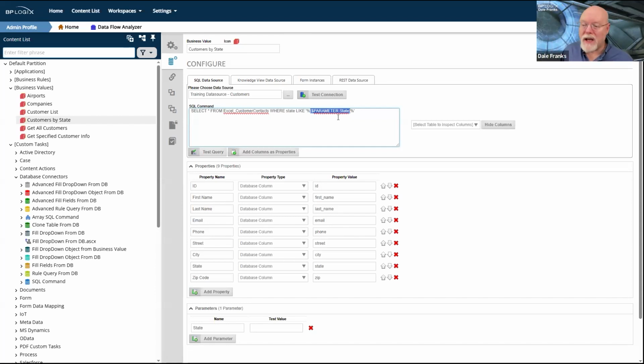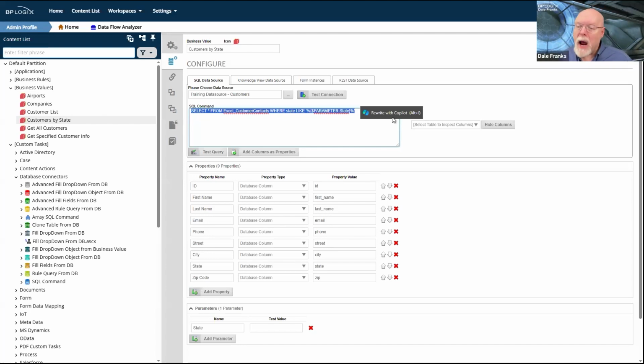And then once they are converted to text, we're just going to send your SQL as is to your SQL database, for better or for worse. Once you start writing SQL, you can write whatever you want. Technically, that does mean that you could have a business value that includes an insert, a select, or an update command. And it will run it because, as I said, we are not going to vet your SQL. Whatever you put in that box, we're going to assume that that's what you mean for it to do. And that is what it's going to do.